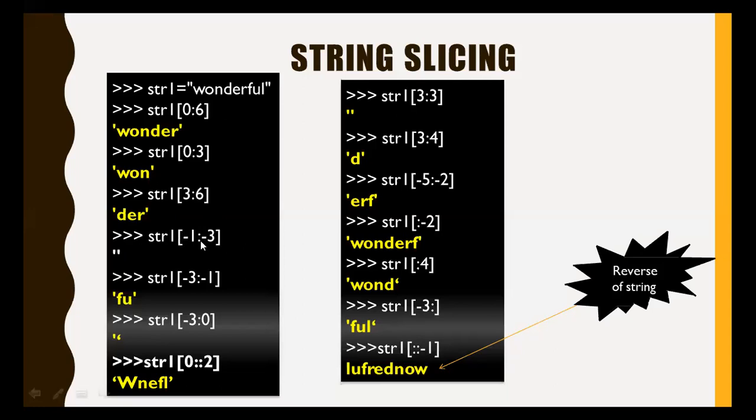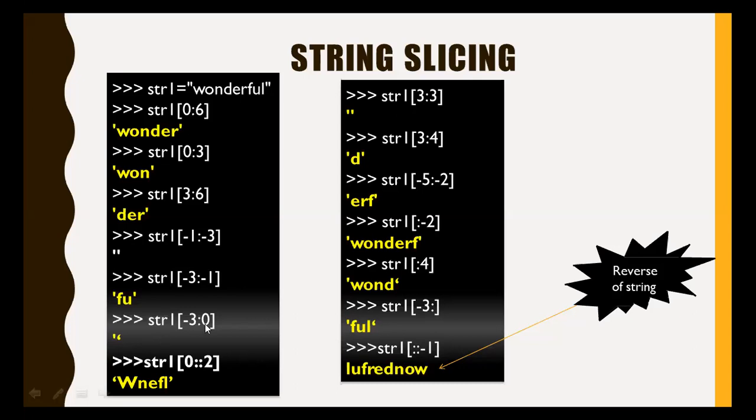So this I am showing with a negative: str1 -1 colon -3. So what is the -1 from this? This will be total 3, and what is the -1? This will be the colon, displayed. And str1 -3 colon -1, FU means FU after -1. What are the 2 characters? FU will be displayed.